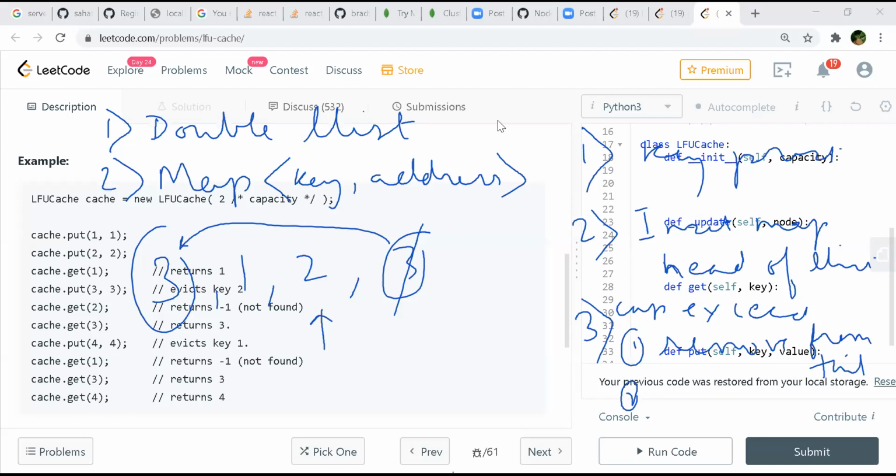We have to create an address in the map, and then insert in the doubly linked list head. So this looks okay, at least at a broad level, but I'm sure there might be some more things to take into consideration.